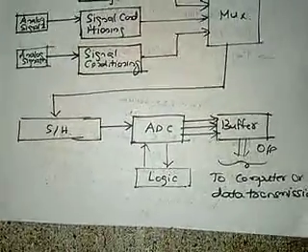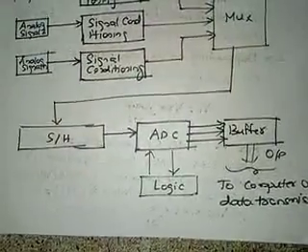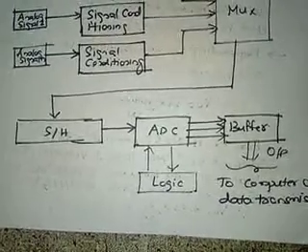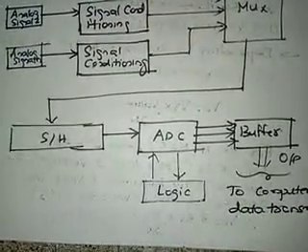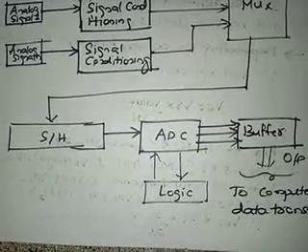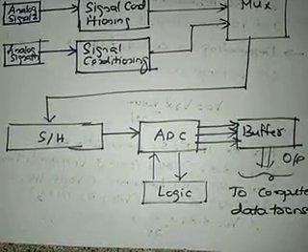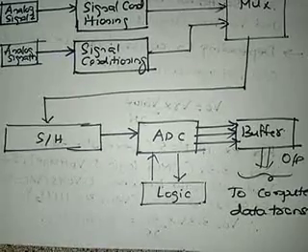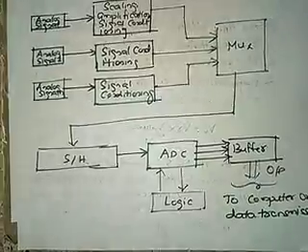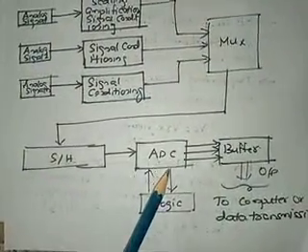It is the pre-block to the ADC. Before the ADC converts the analog signal to a digital signal, first the signal has to be applied to the sample and hold circuit, and then to the ADC, so that accuracy will be more, and the sampling and hold times are satisfied. Then it is applied from the sample and hold circuit block to the ADC block.